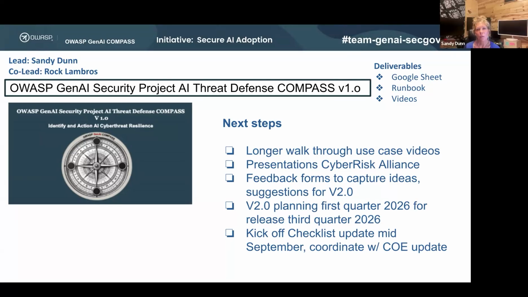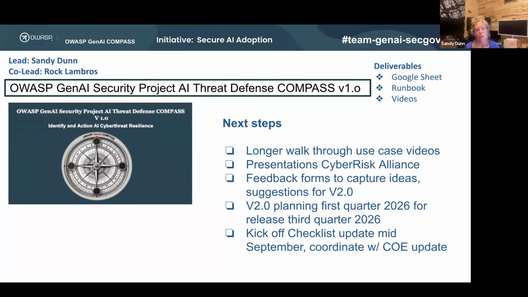Do you want longer? Are you saying you need the longer form video for the kickoff? Yeah, just one of the longer form, because the tool is awesome. And one of the questions I hear people ask me is, all right, so how do I use this? And it would be great to have a very quick demo, call it a walkthrough of a use case and how I would apply it. That's the longer form video.